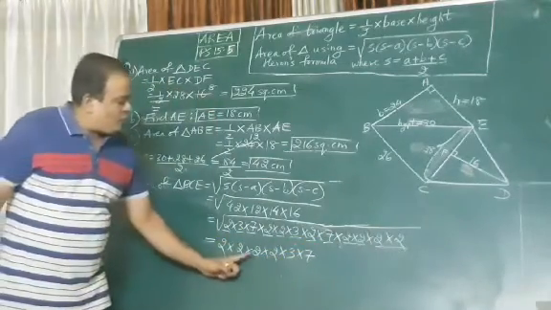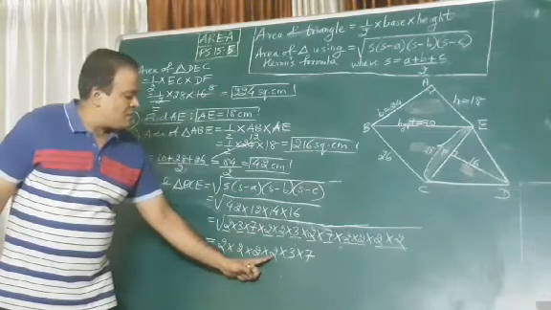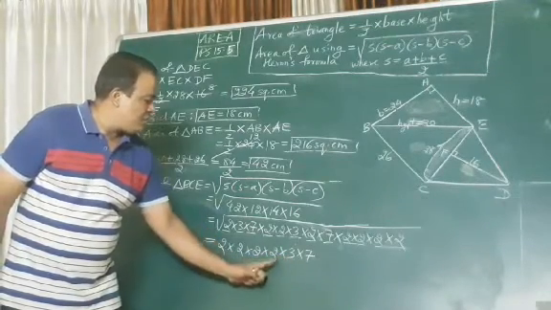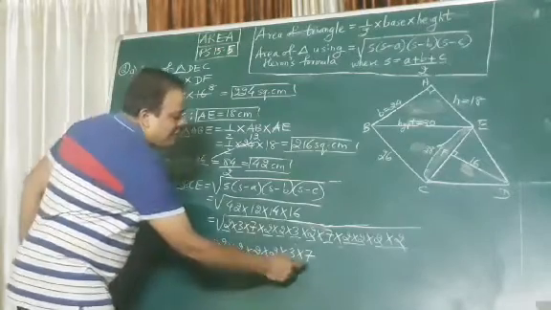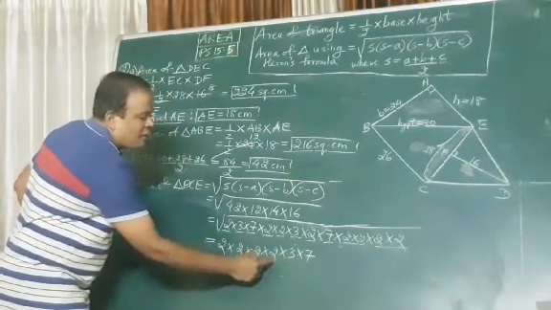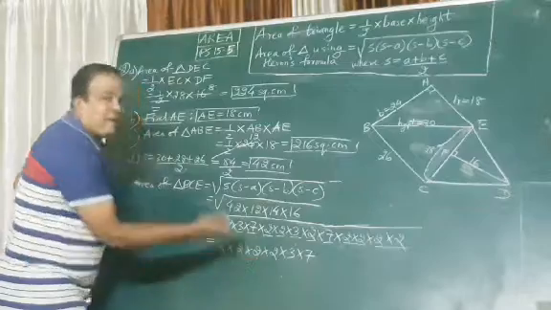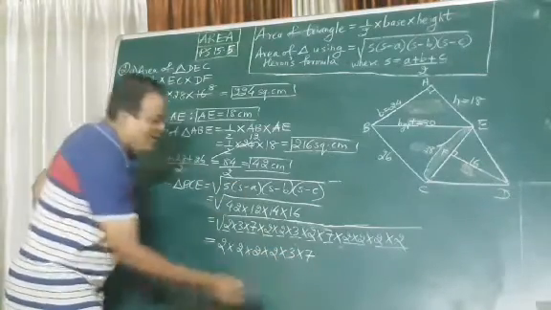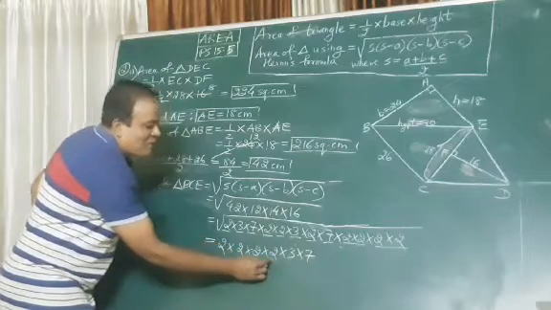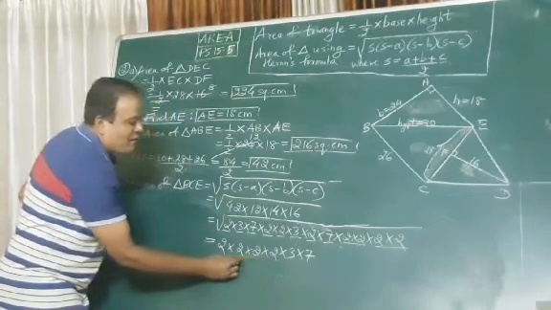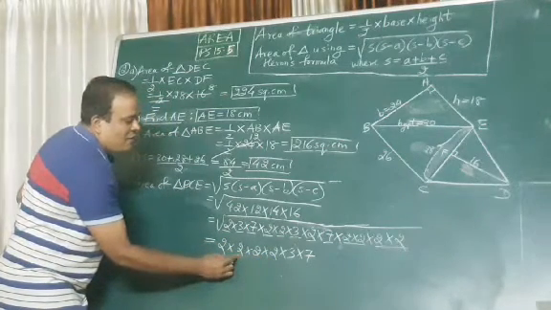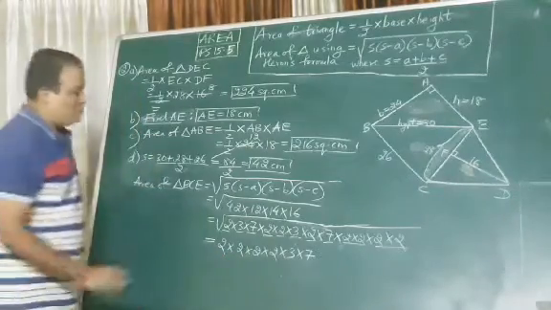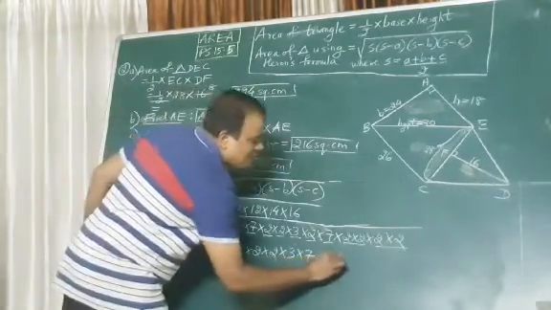So 2 2s are 4, 4 2s are 8, 8 2s are 16. Then 16 into 16. What I do is the reverse. 7 3s are 21, 21 2s are 42. This is getting a little messy. Okay, my maths is not that good. 7 3s are 21, 21 2s are 42, 42 2s are 84, 84 2s are 168, and 168 2s are 336. So my answer will be 336. Easy.